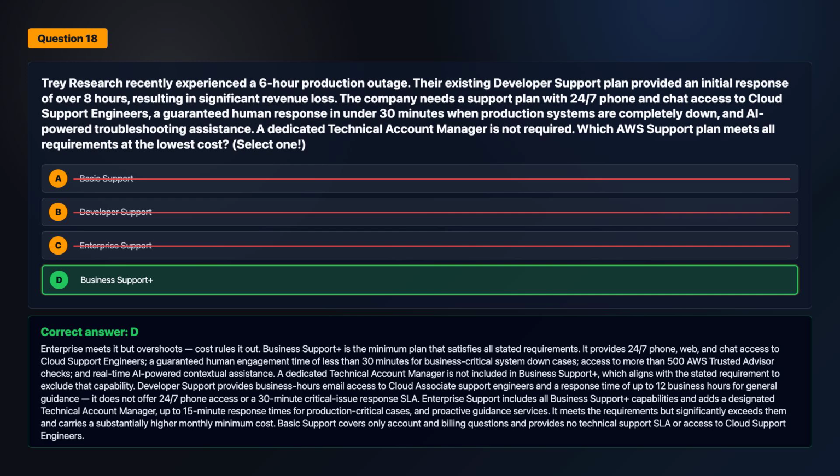It provides 24/7 phone, web, and chat access to cloud support engineers, a guaranteed human engagement time of less than 30 minutes for business-critical system down cases, access to more than 500 AWS Trusted Advisor checks, and real-time AI-powered contextual assistance. A dedicated technical account manager is not included in Business Support Plus, which aligns with the stated requirement to